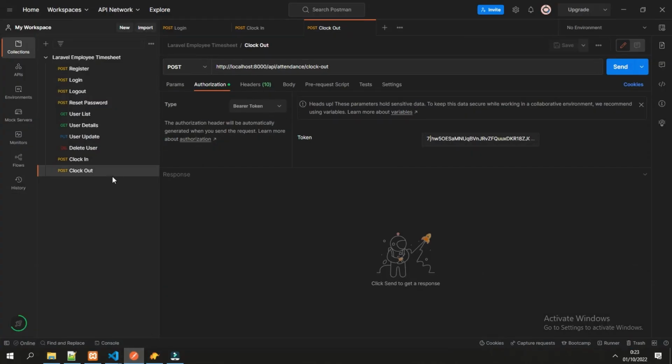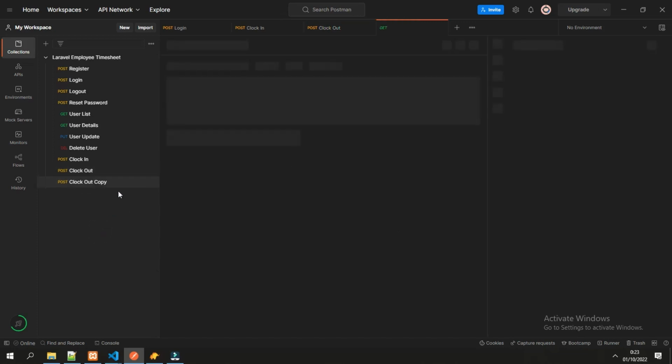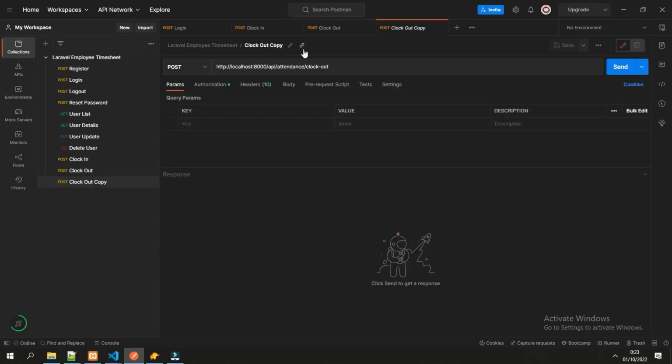Let's create the request. You can duplicate from here. The title would be reports and it will be a get operation, and the URL is reports and the ID.